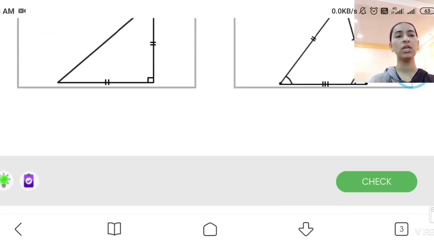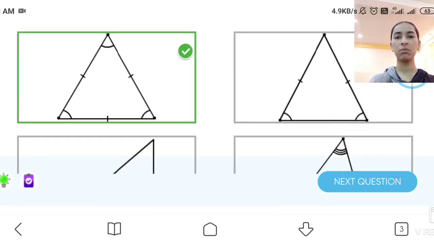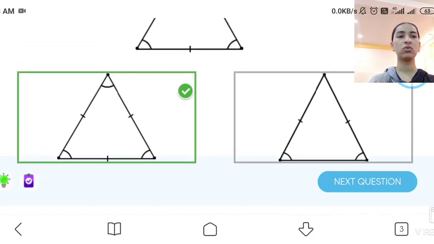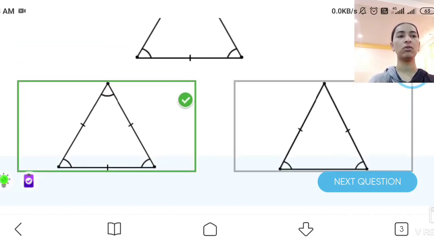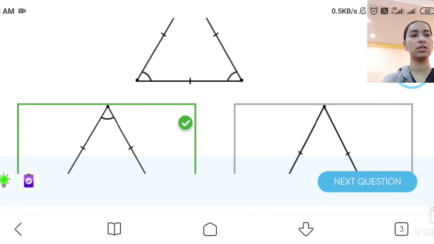Now you want to verify your answer is correct or not. Here is the word check. When you take your cursor down, it gives the word check. Now see, I have checked my answer. Where you have checked, see the green mark is there. That means our answer is correct. Okay, this is the first question I have solved. Now I want to take the next question.